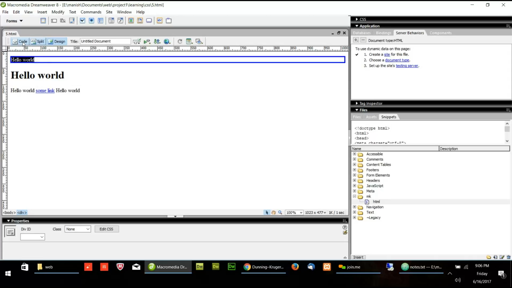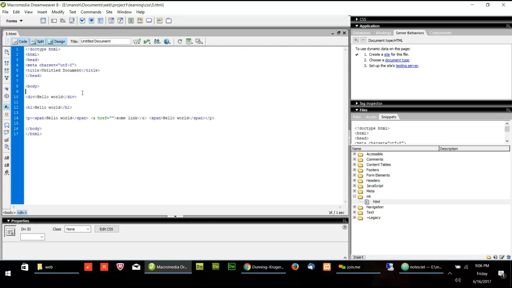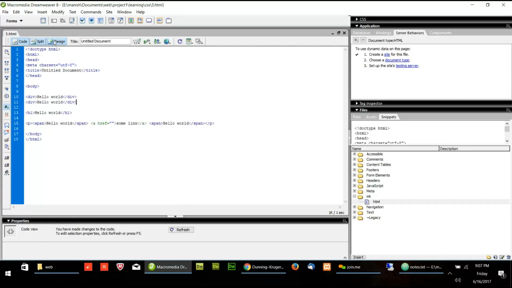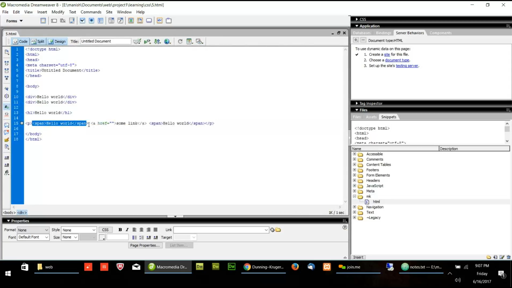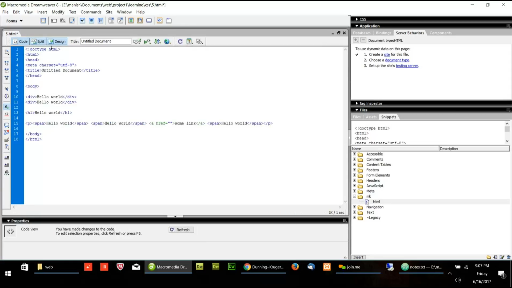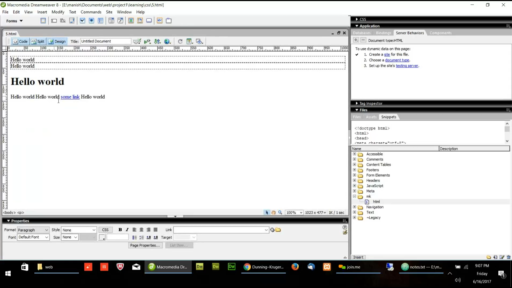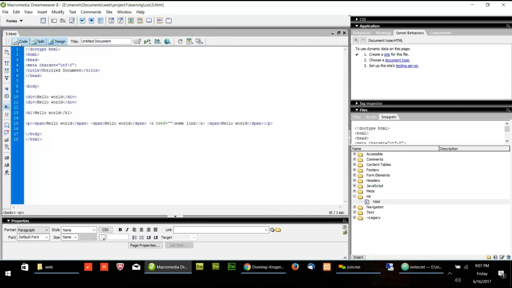Okay, right. So if you see the div tag, it takes the whole width of the browser. And if I put another div tag, it will not come after the first div tag, but it will come in a new line. Next hello world comes in the new line. Whereas if I put two span tags together, they come in the same line. They are in the same line. So